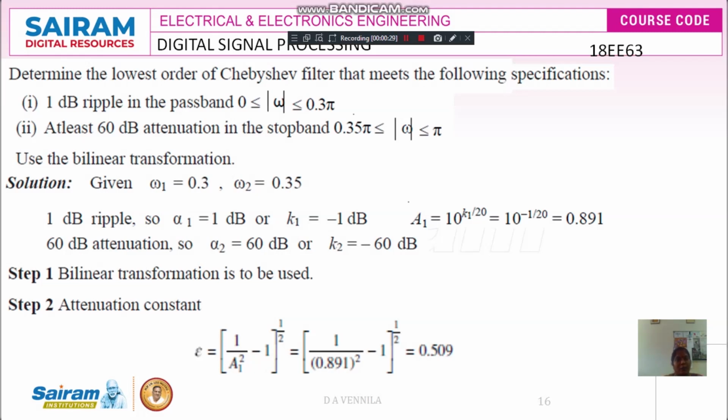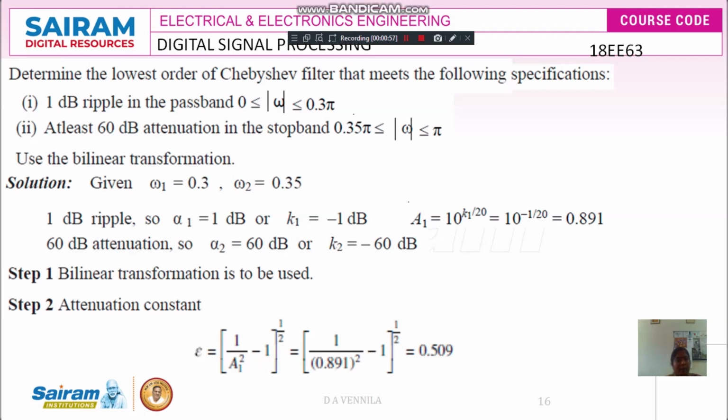So here you have to understand the question. Here the specification is given in dB. If the specification is given in dB, the formula for finding the order of the filter is different. So first, the given data is 1 dB ripple in passband. That is nothing but 1 dB means the gain of the passband is 1 dB and the passband cutoff